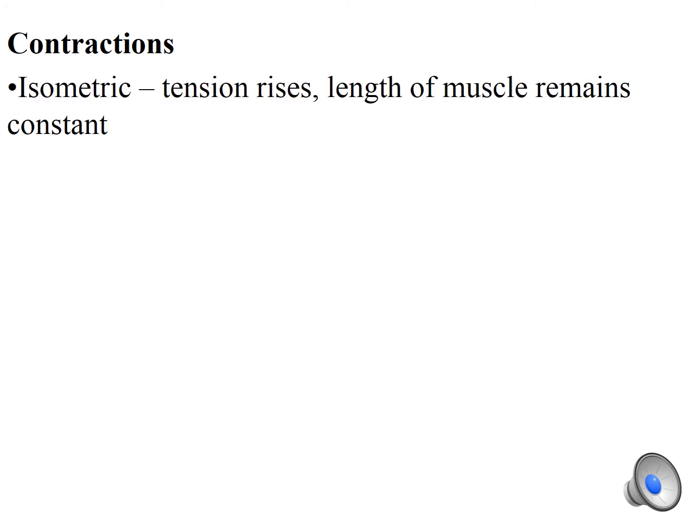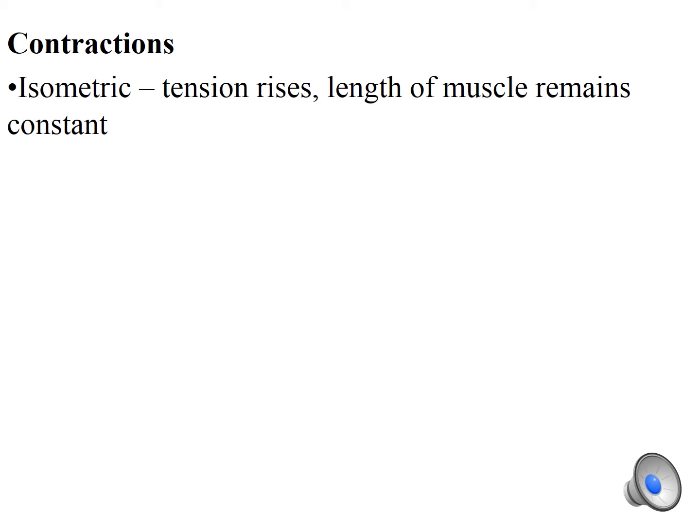So when a muscle contracts, there are some more terms that we need to become familiar with. Isometric, meaning that the length of the muscle remains constant. So if you think about a muscle that when it contracts, the length remains fairly constant. For example, the masseter muscle, which we'll see in the next PowerPoint, is one